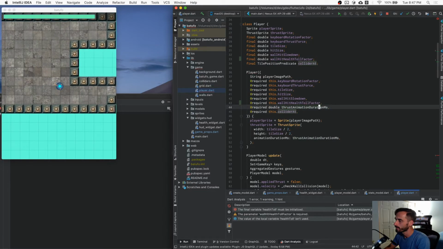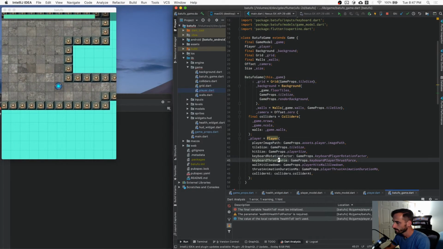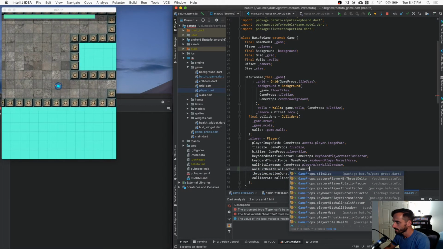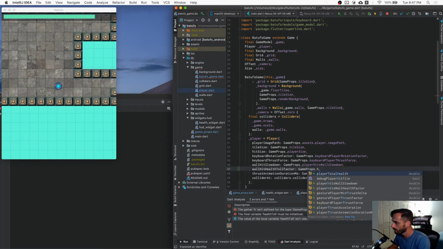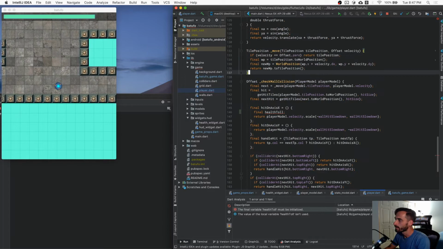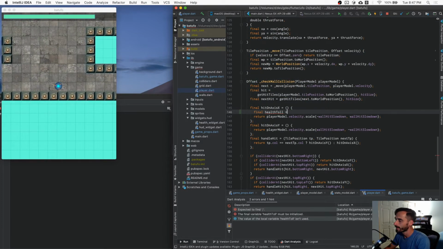And then basically when we call this, we'll pass it in. Name props.health, player hits wall health factor. Okay, cool. So now we're back here, and so the health toll is basically if we hit the x-axis, we